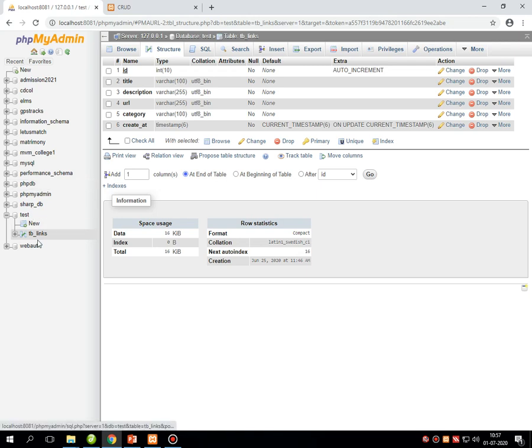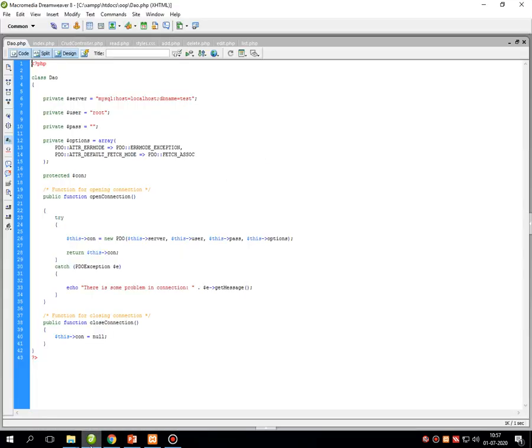Now once the table is created inside the database called test, in Macromedia Dreamweaver, first write the first file called dao.php.